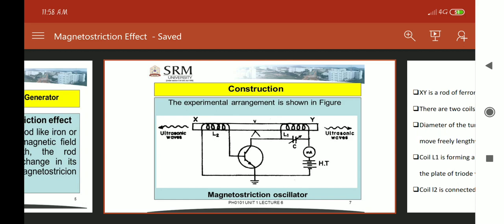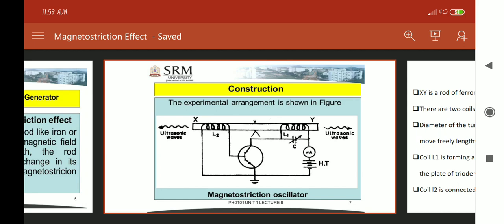The coil L1 is used to form a tuned circuit with the variable condenser. Here the capacitor C is the variable capacitor, which is also connected to the plate of the triode valve through a milliammeter. Understood? Now coil L2 is connected between the cathode and grid of the triode valve.